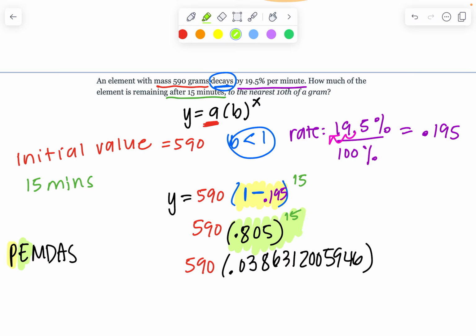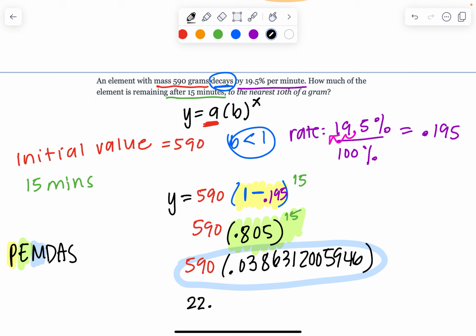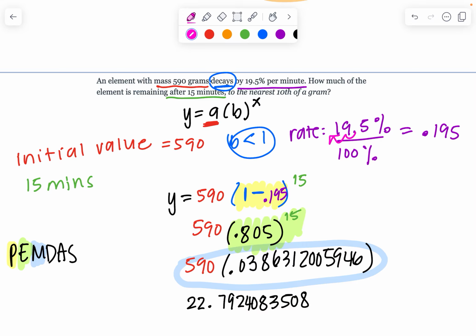And then we've got to do multiplication. So this times this in my calculator. I have 590 times that decimal. And that gives me 22.792408358. Okay, now one very important thing that you're going to need to pay extra close attention to is they're going